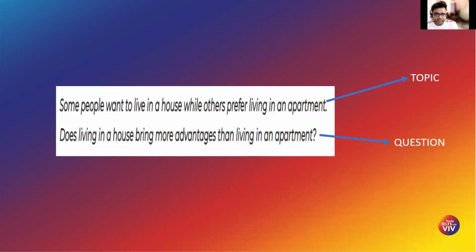If you agree with the statement, that means that you're going to write about your agreement in body paragraph 1 and body paragraph 2, giving 1 point in each. If you disagree, you write your first point of disagreement in body paragraph 1 and second point of disagreement in body paragraph 2 and complete your essay. All right. So let's jump right in, and I'm going to show you what I've written on this essay for you guys, and you'll have a clearer picture of how to solve such kind of essays.